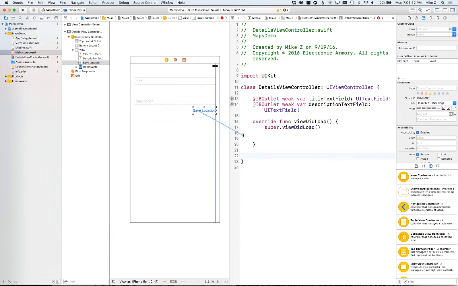So save location, click and drag, and I'm going to drag this in below here. And it's going to create not an IB outlet, so make sure that this is action, because it's going to create an action when we tap on that button. And I'm going to just call it save location. You can call it whatever you want. Touch up inside, so that when the touch releases from that button on the inside of that button, not outside,